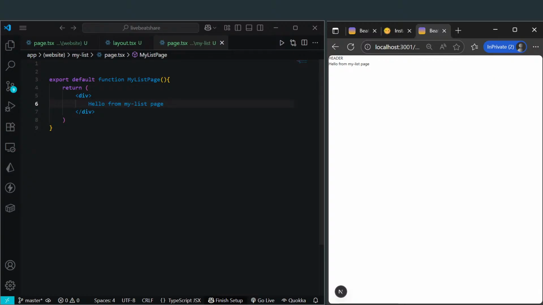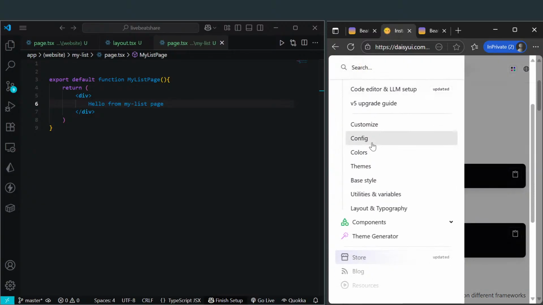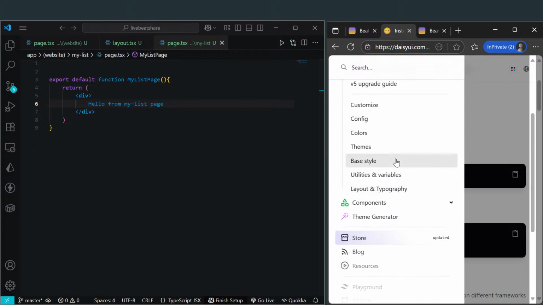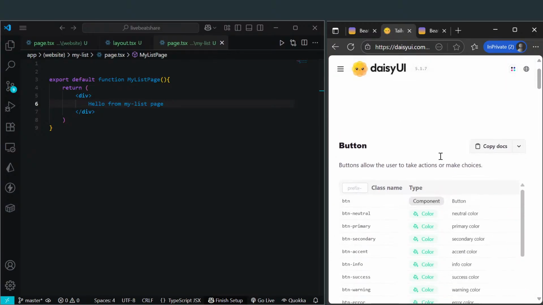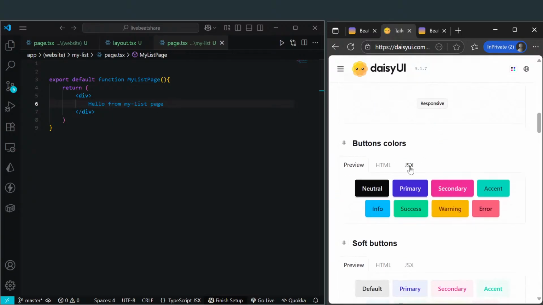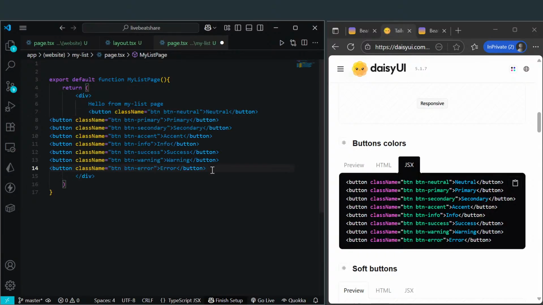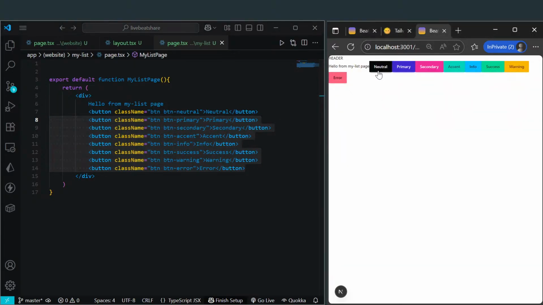So the last thing I want to do before we start to style this app is just to make sure that Daisy UI is installed and set up as we desire. So we'll just go back to Daisy UI, click on the menu, a sheet will open. We'll scroll down to components. I'm just going to add a button. And just to make sure it's working, we'll add this, click on JSX, click copy. At the end of hello from my list page, we'll just paste in this code from Daisy UI that we just copied, click save, go back,